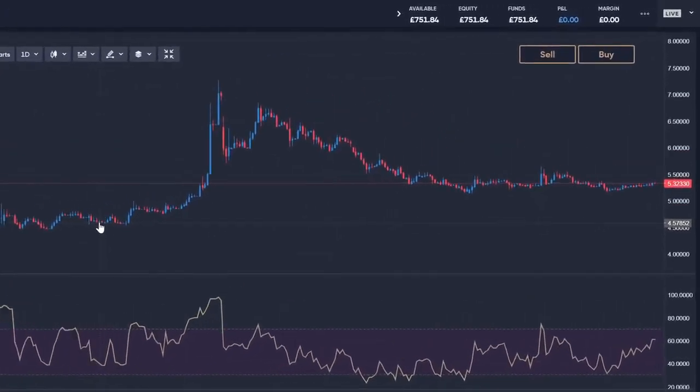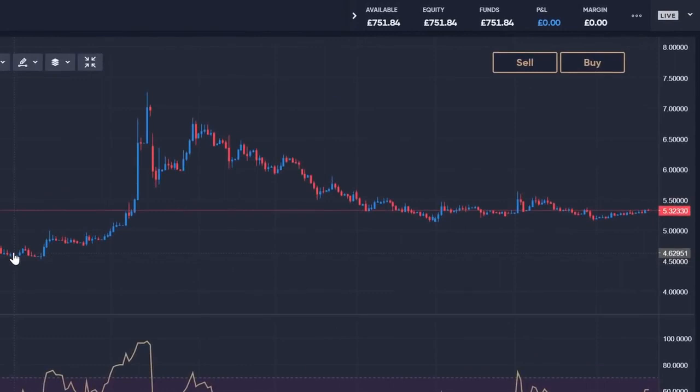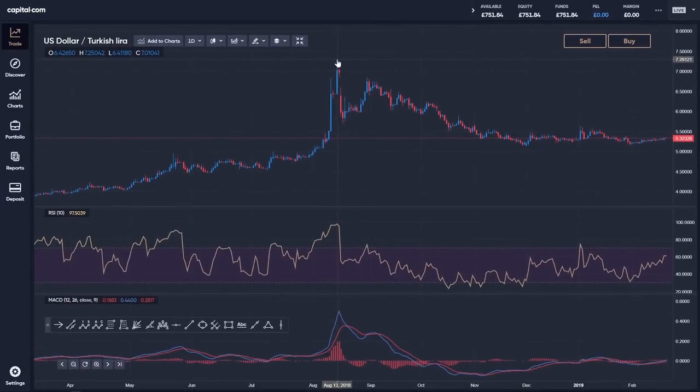But then fear really gripped this market, and we saw sellers of Turkish lira and of course buyers of US dollar. So the price went from 4.6 to briefly as high as above 7.2 in mid-August. Since then, the price has calmed down, but you can see just how sentiment can really grip a market and how fundamentals and normal news flow can be disregarded as that sentiment